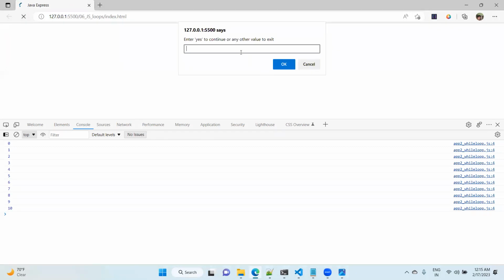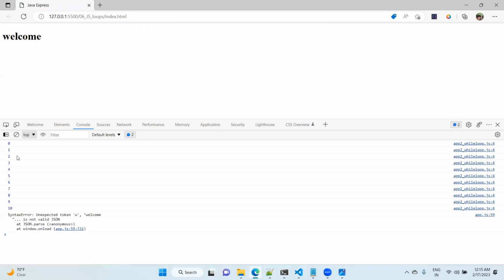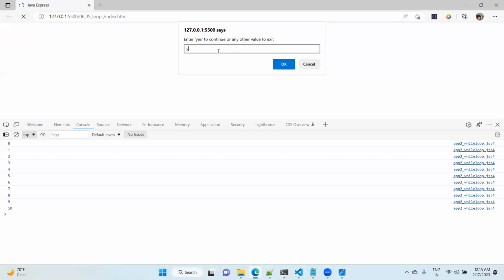Now here, if I give a b c, guys, yes is not matching, click OK. Whenever it is not matching, click OK. What happened? Numbers are printing, that's it. Now again refresh, yes,